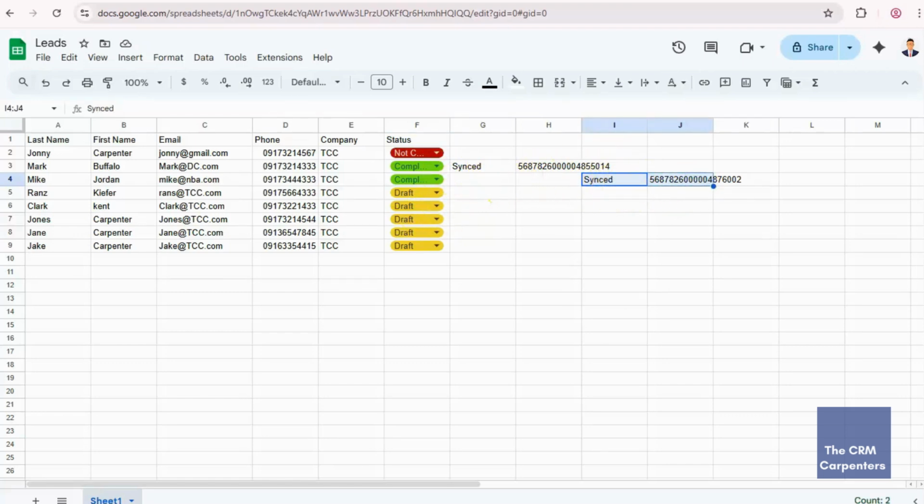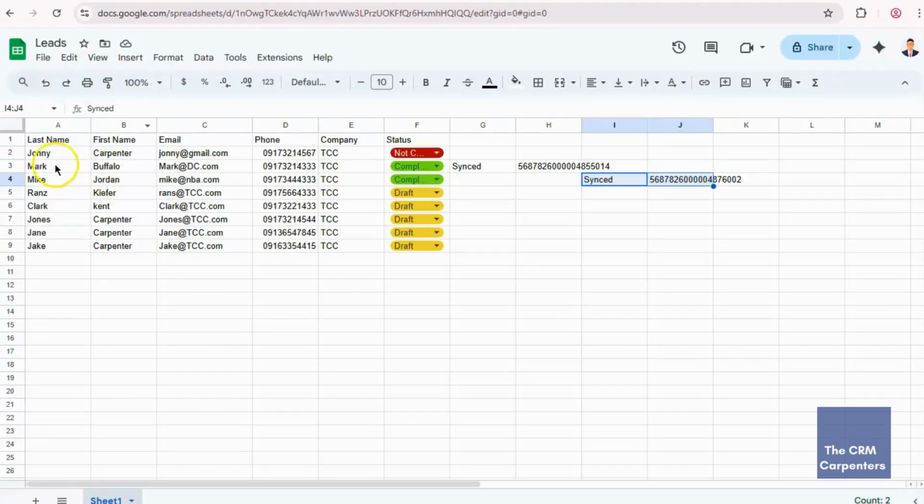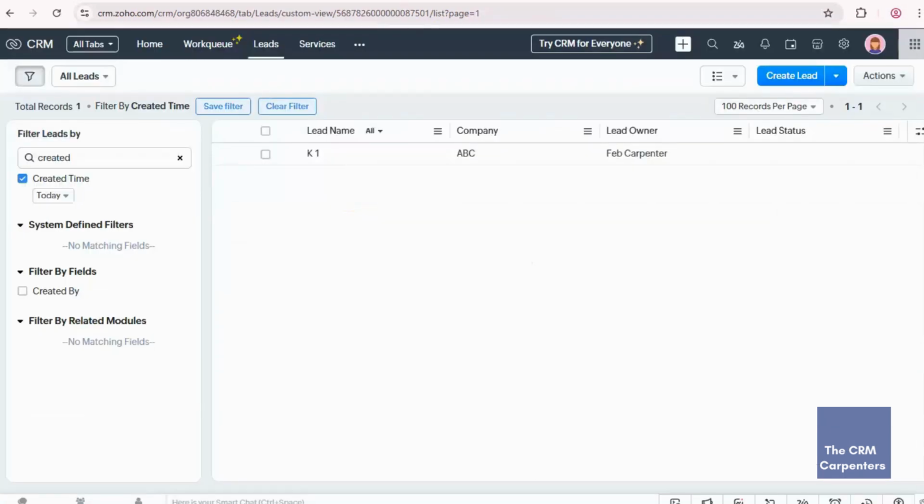But let's check it out on our Zoho CRM. I filtered it to created today. Whenever we refresh this, you can see that this Mike Jordan is created as a new record in the leads module.